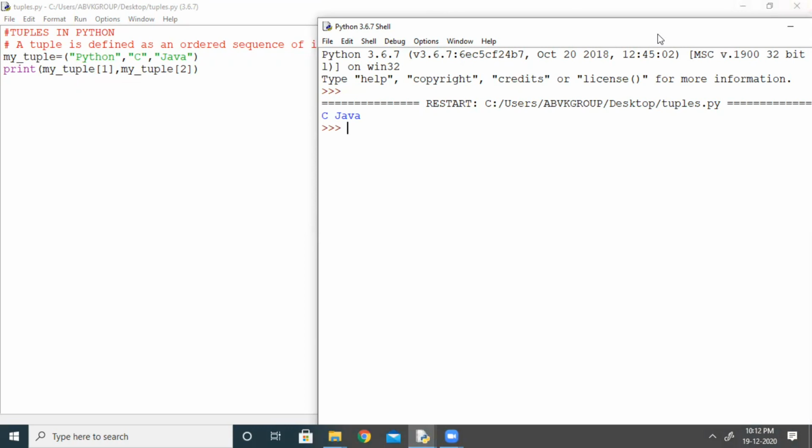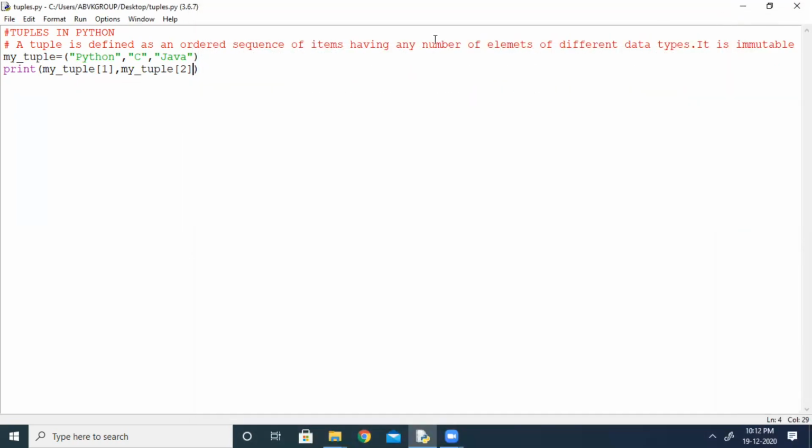Now I want to use a loop for this purpose. Suppose I want to see all the values using a loop. Individually I want to print all the values using a loop. For x, the name of the variable I am taking, for loop in, what is the name of the tuple? My underscore tuple. Print. When you are working with Python, indentation is very important. Indentation means this is space. Otherwise, it will give you error.